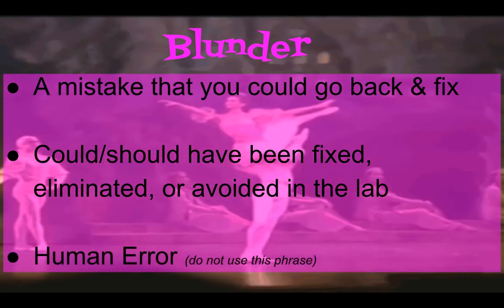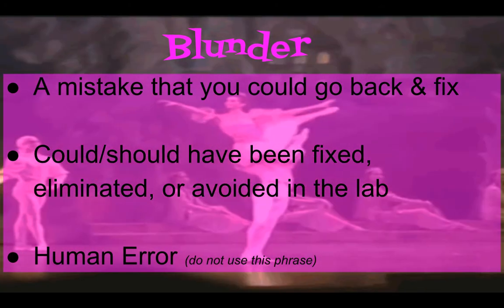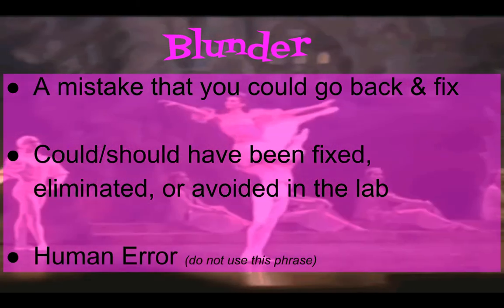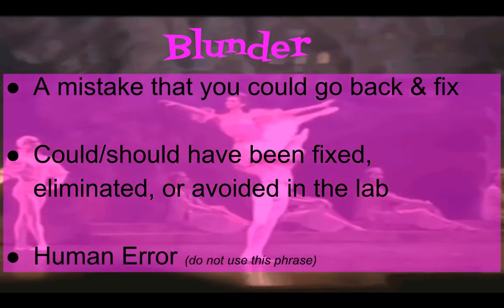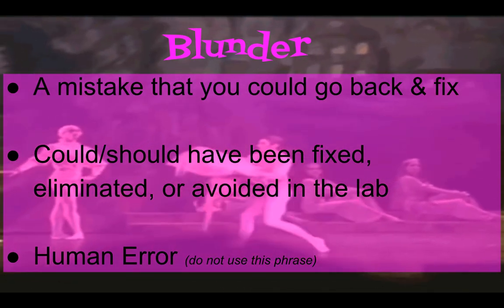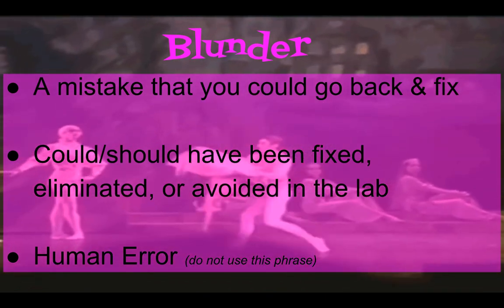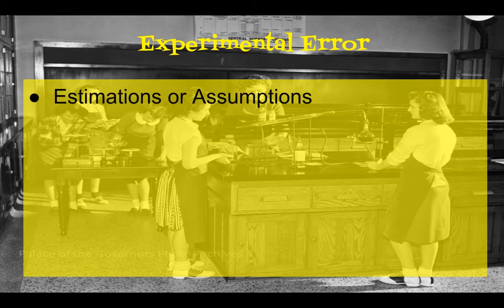A blunder is also known as human error, but don't use that phrase because it has error in it and you'll get it confused with experimental error. Okay, so there's human error, which we call a blunder, and experimental error. Blunders are things that you could fix. Experimental errors are estimations or assumptions. You will find them in almost every lab you do,